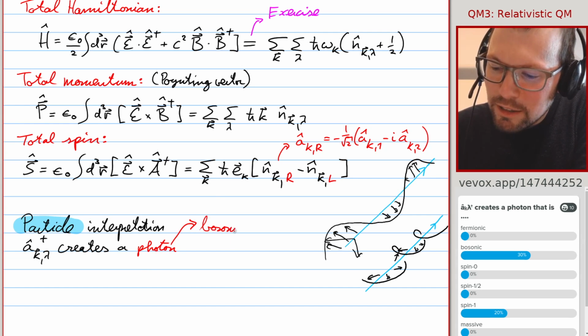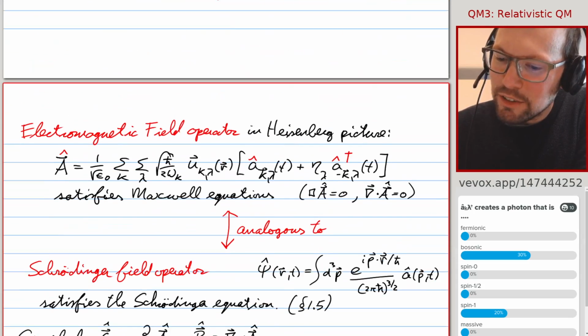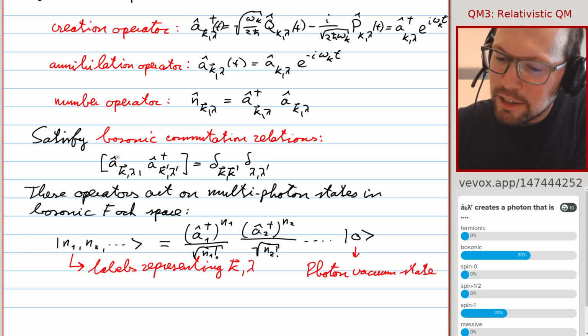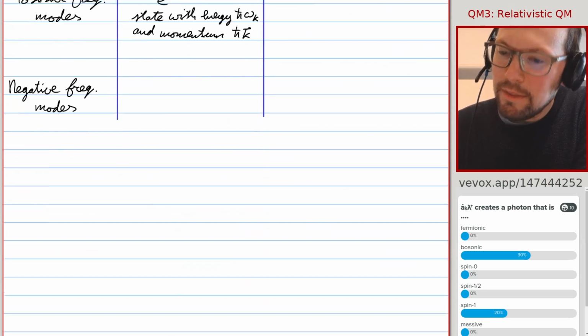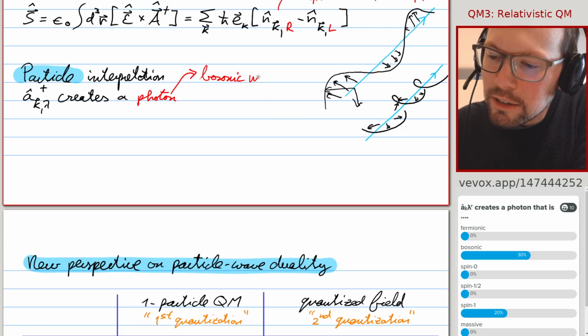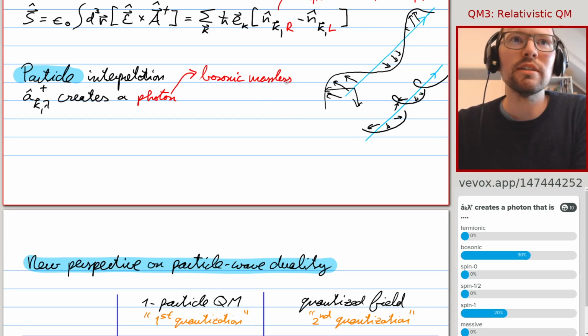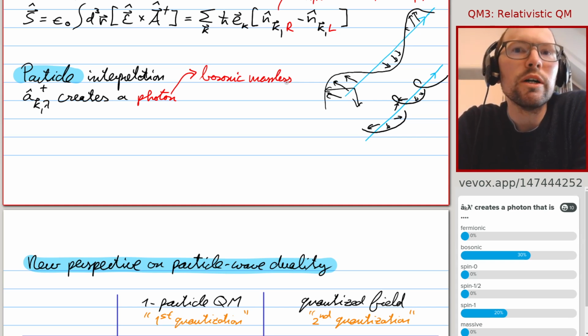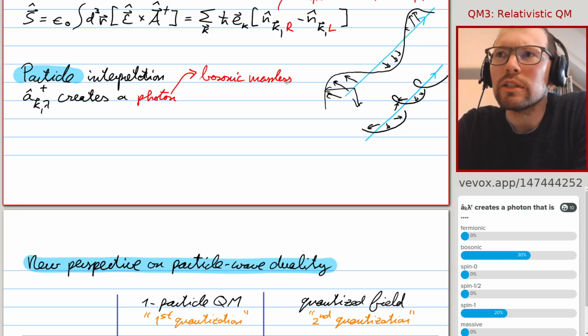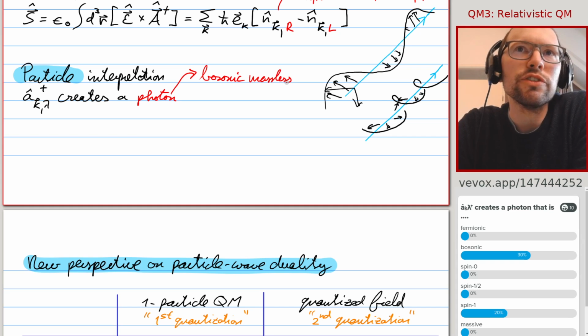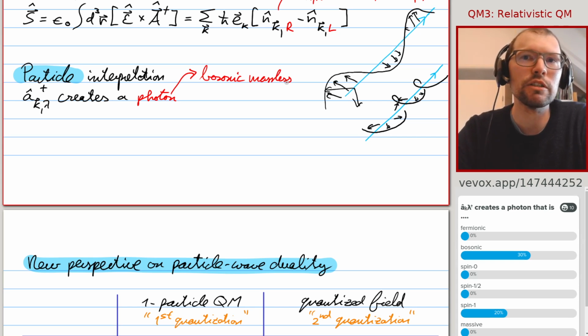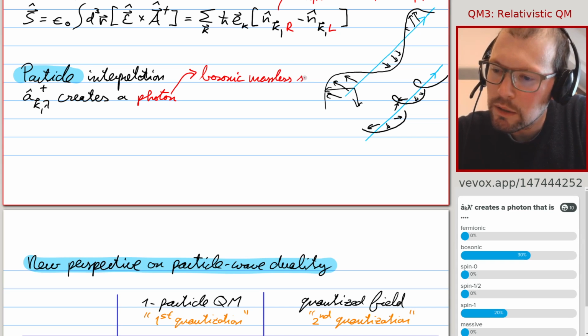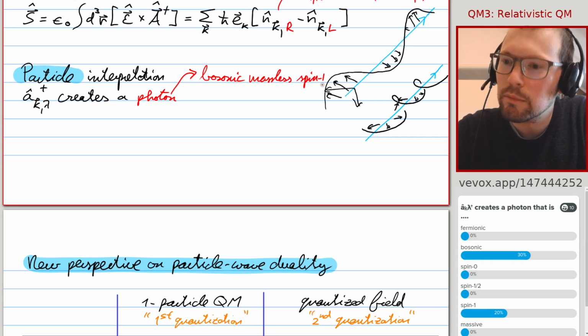So they're bosonic because the commutation relations for A are satisfied here. They are massless because the Klein-Gordon equation that the vector potential satisfies has m equal to 0. And they're spin 1 because, I guess this exercise is still to come, you're checking that the Maxwell equation satisfies the relativistic principle if the vector potential transforms as a contravariant 4-vector. Spin 1 particle